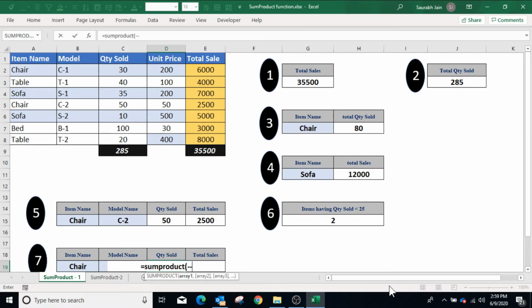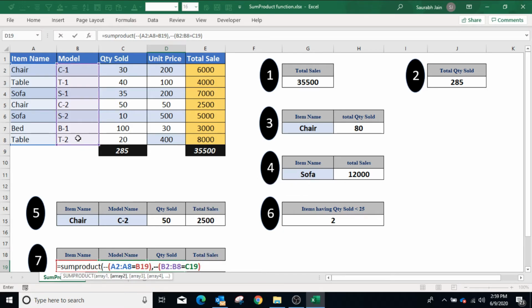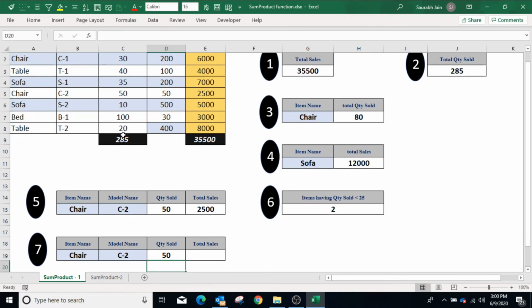Now double negative sign open bracket, select A2 to A8, compare it with item name in B19, closing bracket, comma, again double negative sign and open bracket, select the model names B2 to B8 which should be equivalent to C19, closing bracket, third would be the quantity sold, closing bracket and press enter. The result is the quantity sold of chair having model name C2.